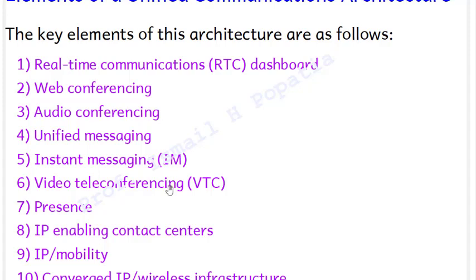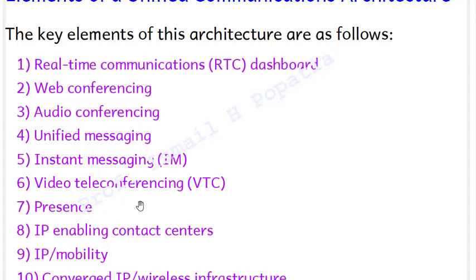Then we have video teleconferencing. With video teleconferencing, various participants, though in this case the number of participants is smaller, can share their videos and communicate using video conferencing.